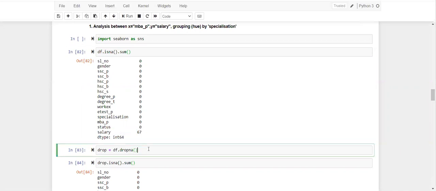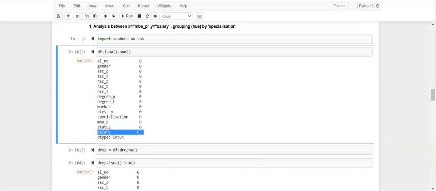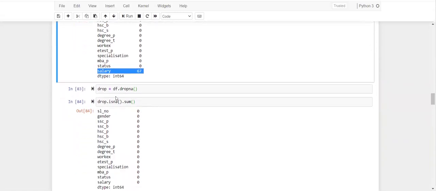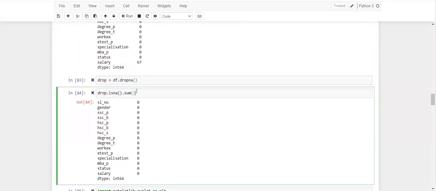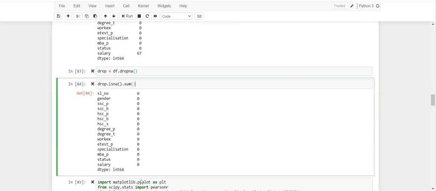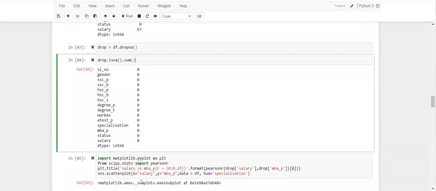For our analysis purpose, what I'm doing is dropping those values from salary for which it has not applicable records. For that, I have created a variable called drop, and then I'm doing a df.dropna(). After that, if I do a df.isna().sum() to see if there are any NA values, I'll get all of these column values as 0, which means there are no NA values anymore.